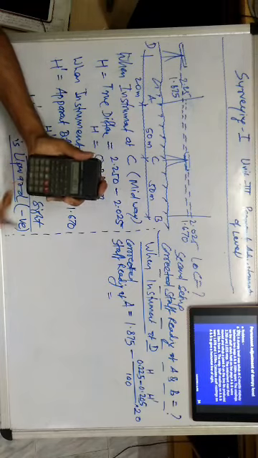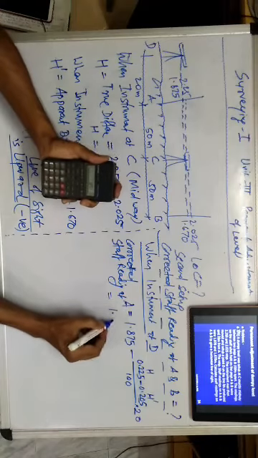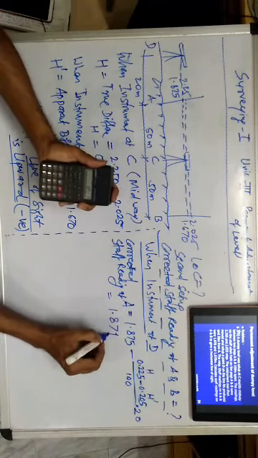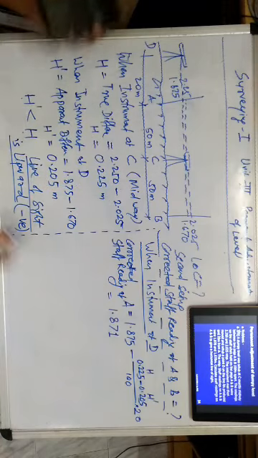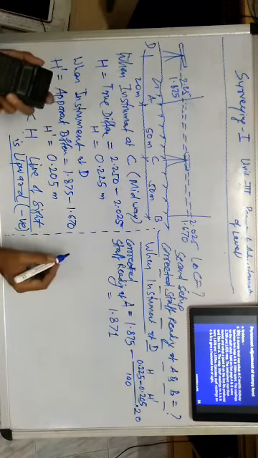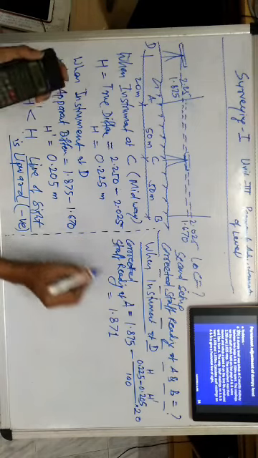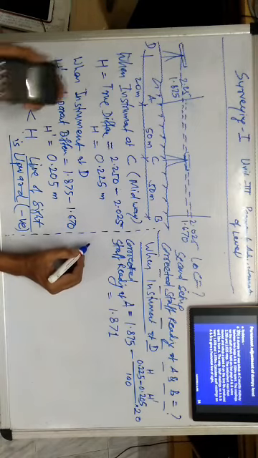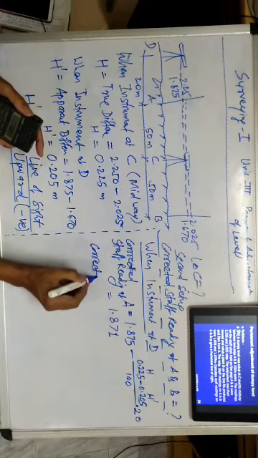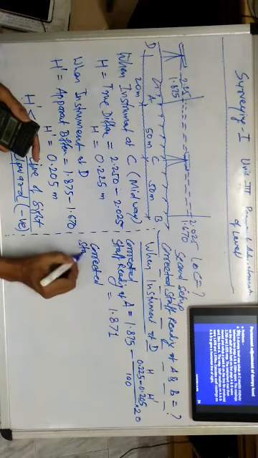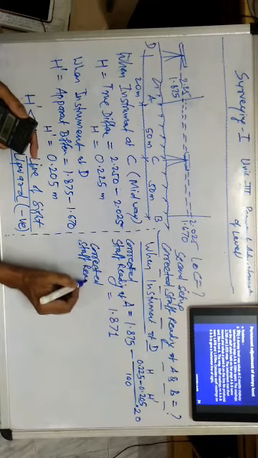So we will get the reading, that is 1.871. So that reading we got, that is the staff reading at A, corrected staff reading at B. Now then again we will calculate the corrected staff reading at B. So corrected staff reading